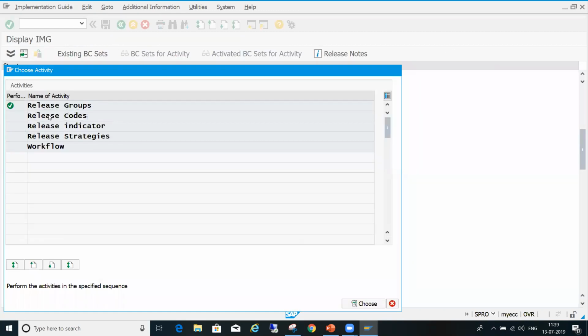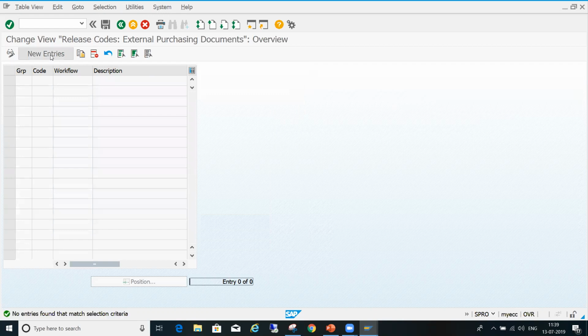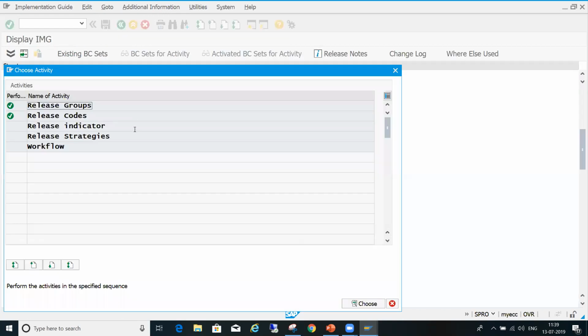Then release code. The release object was 1 in case of PR. PR also, for header level we can have one class, and for item by item release you have another class.